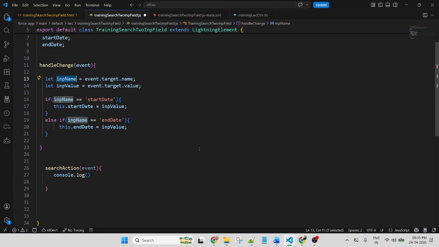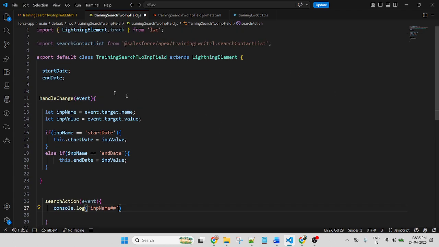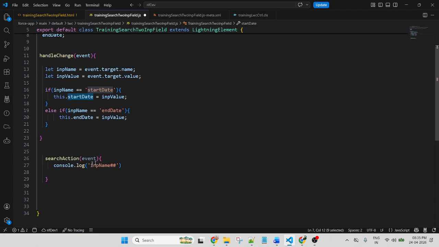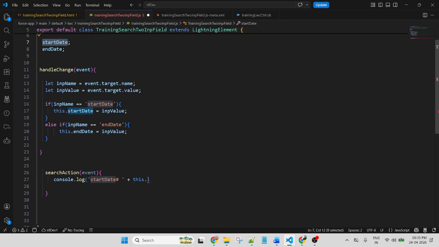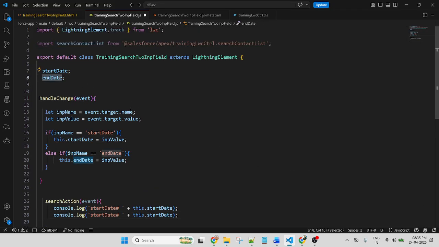Both of the input field values. Is it getting the proper value or not? Start date plus this dot start date variable. Let me check. Copy and paste. Another one for end date.